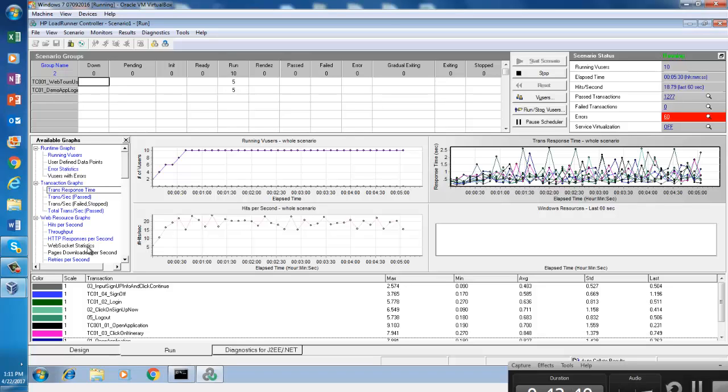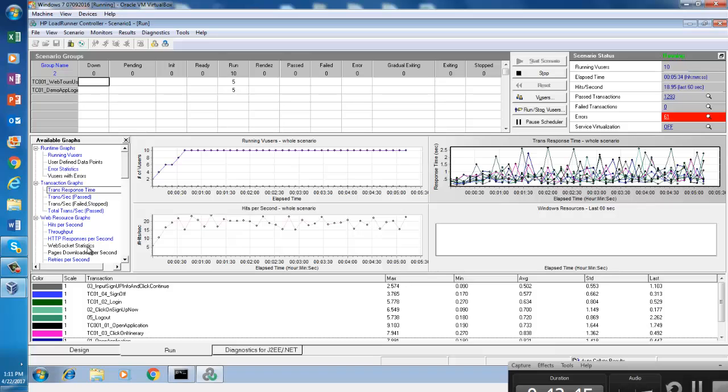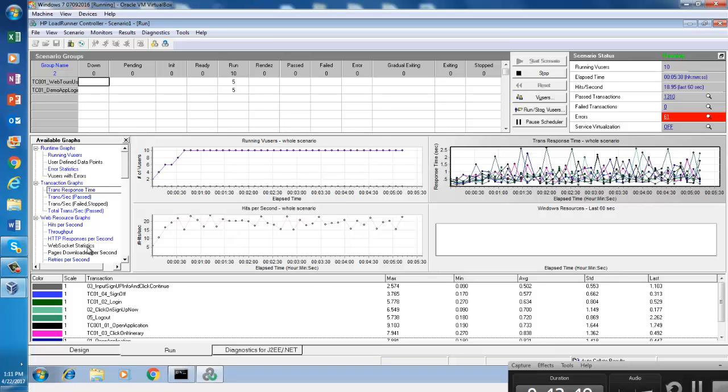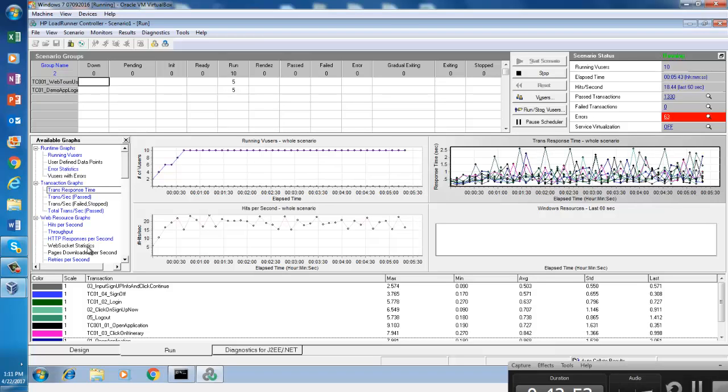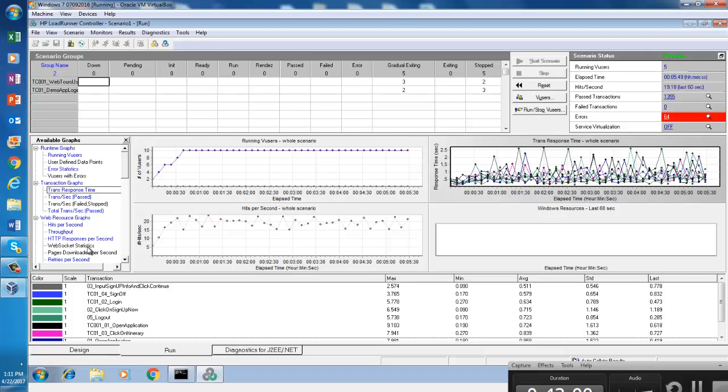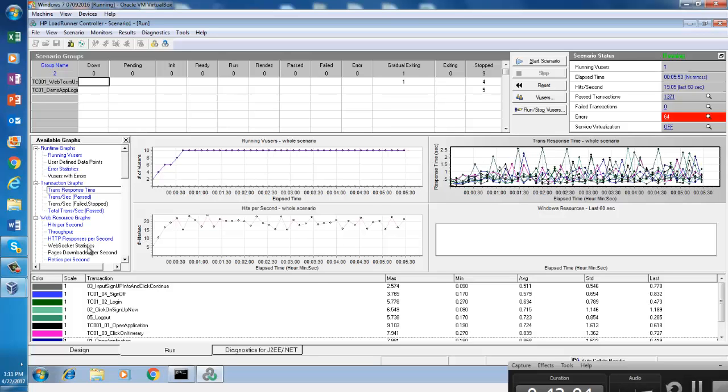One other thing you mentioned, you monitor resource usage. Normally, when you are executing a test, you are testing the application that is hosted on a server, right? From the performance test, you monitor the usage of CPU and the usage of memory on those servers. How do you do that? You add those servers in the controller.